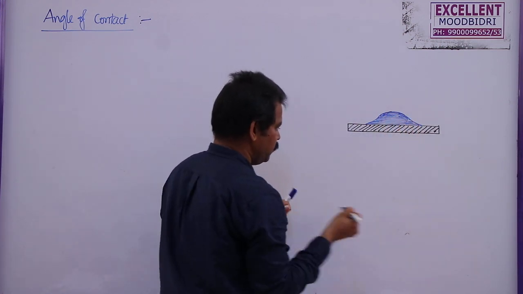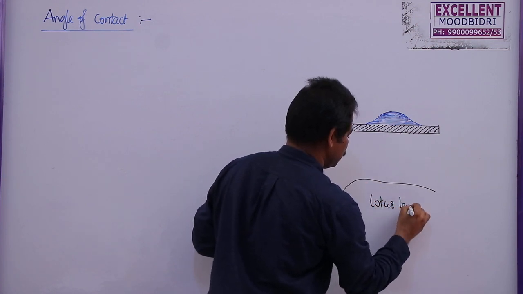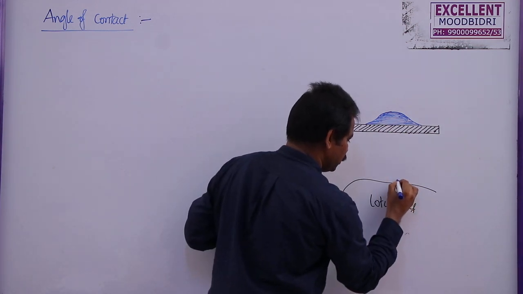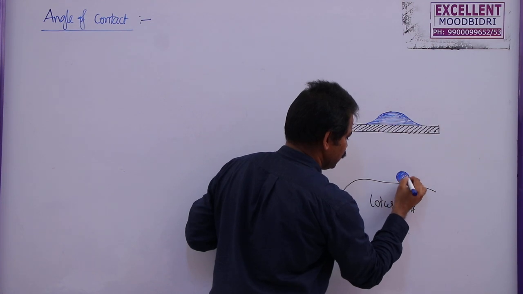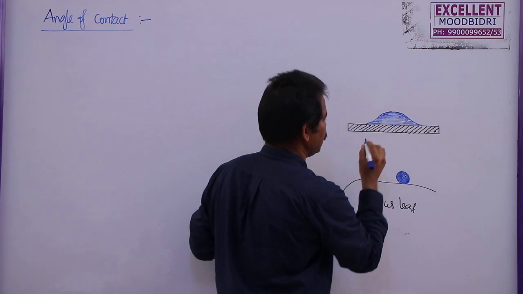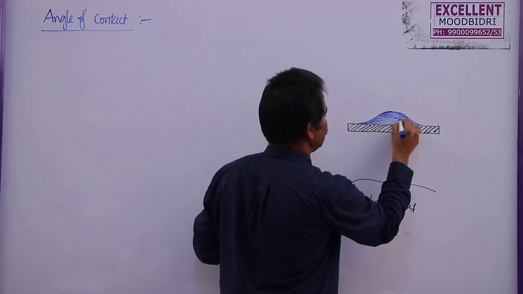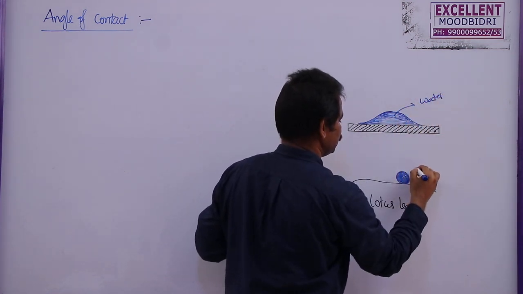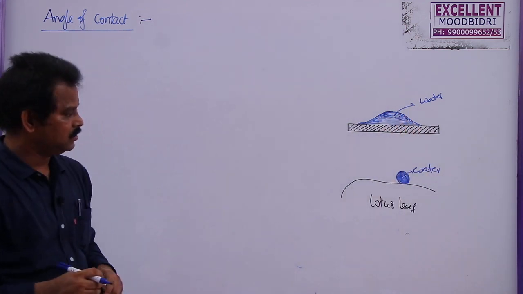But if you take a lotus leaf here, this lotus leaf is the solid surface here, and a water drop will get this type of structure. That means it will form droplets here, but it will try to spread on the glass slab. So the same water, this is water, this is also water here, is showing two different properties